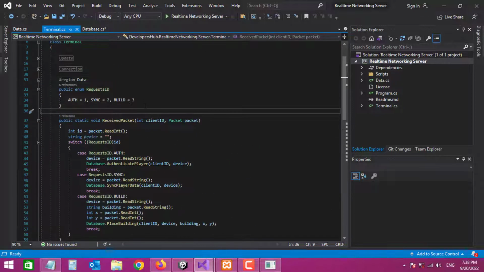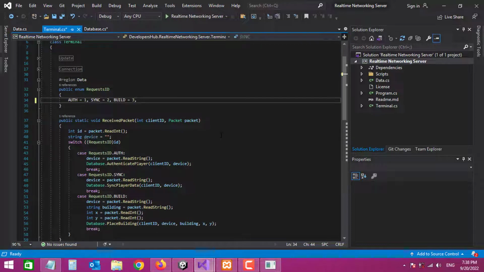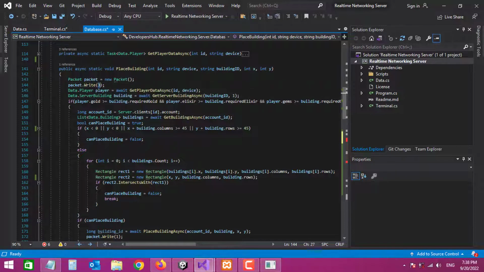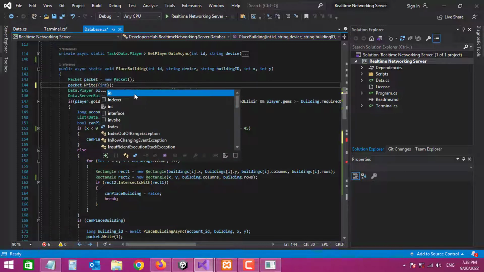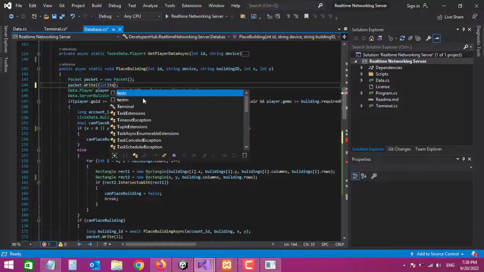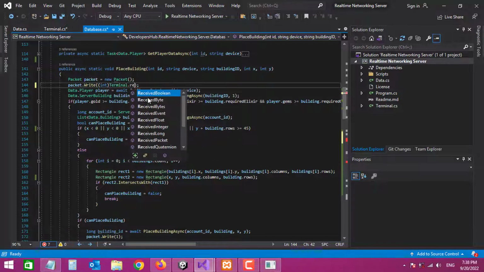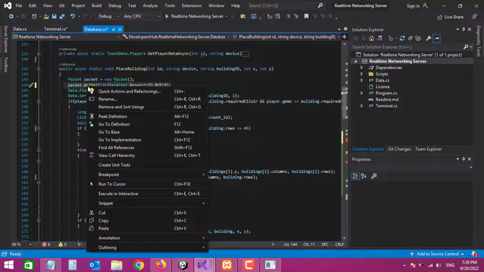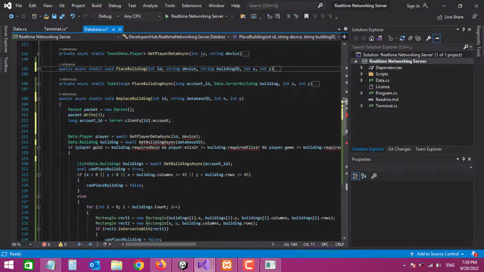Let's go to the terminal and here say replace equals 4. And let's go to the database. Here it is, number 3. We copied it from place building. Let's fix that as well. So in the place building, we're going to cast it to integer. It's going to be terminal.requestID.build, and let's just copy that. For our replace, it's just going to be